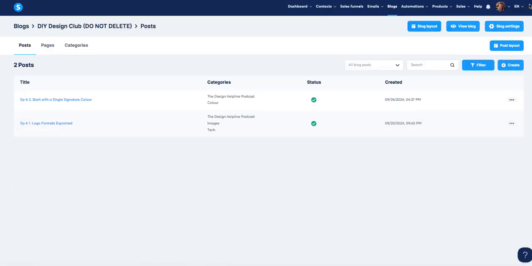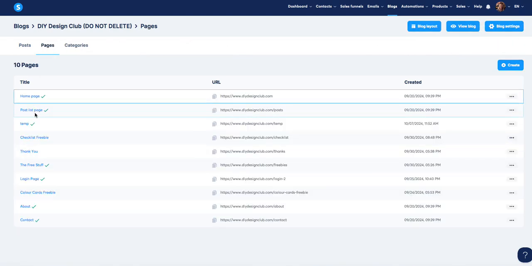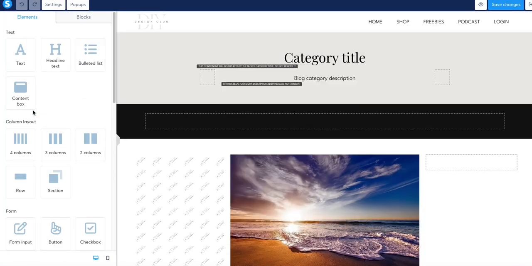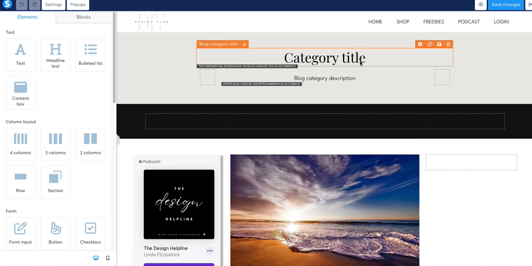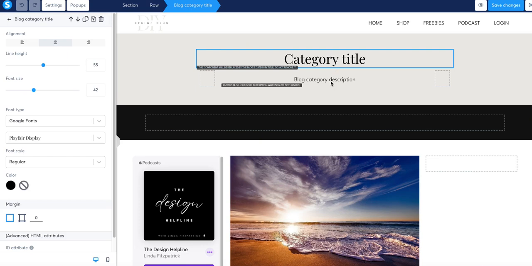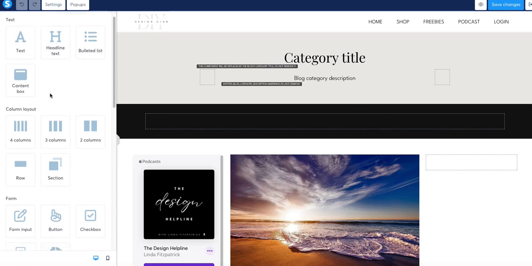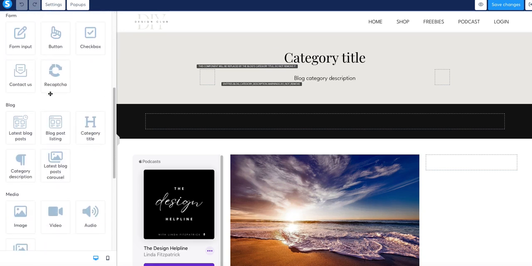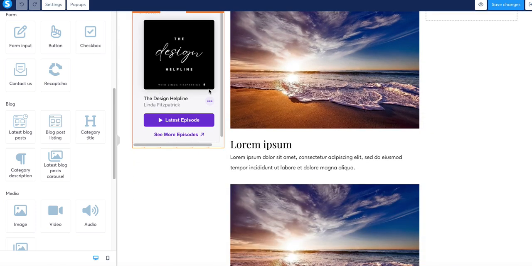And then the third thing that you want to be aware of is inside in pages. Your post list page is another template page basically that defines how your category archive looks. So inside in this I have the category title, the category description, and I got those from this section down here, right? This is the category description, this is the category title,